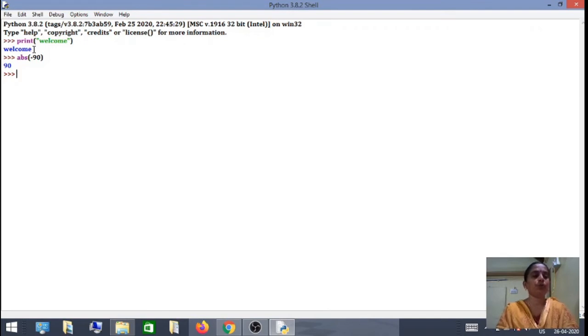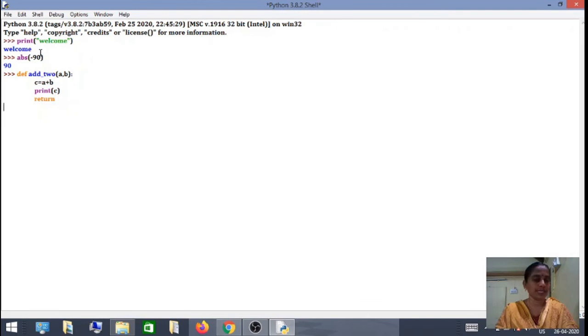Now I am going to show you how to write a user defined function. def is actually the keyword as I told. Then I am going to give the function name as add2, and I am going to give two parameters a comma b. Colon actually creates a block of code, and I am going to do the task c equal to a plus b. The statement says that a plus b is added and it will be stored in c. Then the result will be printed using the print function, and I am going to use return simply without any expression. So as I told you earlier, the return statement is simply used to exit from the function. That's all about the function definition.